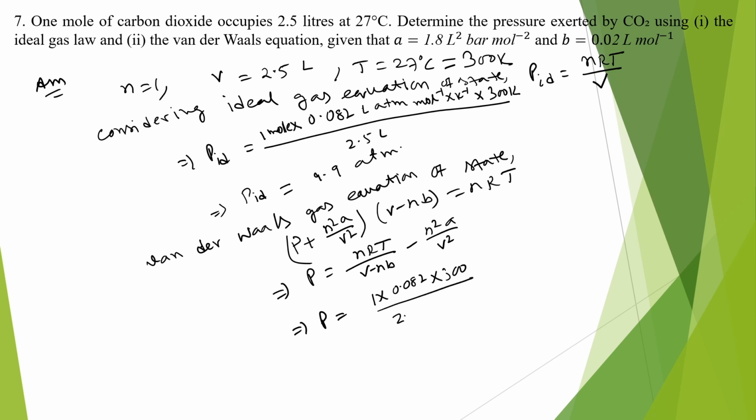and the value of V is 2.5 liter, and the value of b is also given in liter per mole. So V is 2.5 minus n times b, n is 1, b is 0.02. So this is V minus nb, and then minus n² times a, so 1 squared times a is 1.8, by V², V is again 2.5 squared. So if we simplify this one, we get P